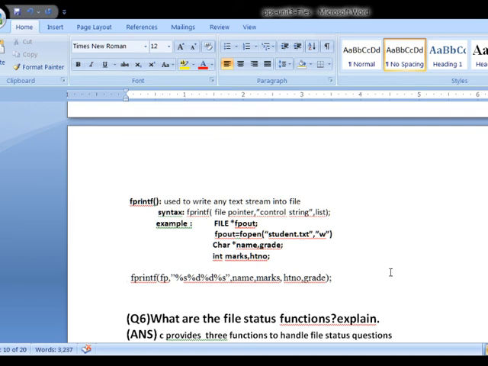Now the read statements are fgetc, fgetw, fgets, fscanf, 4 statements. Similarly, for writing data into a file: fputc, fputw, fputs, fprintf. So these are the various file read write statements used to read the data from the file and as well as to write data into a file. Thank you.